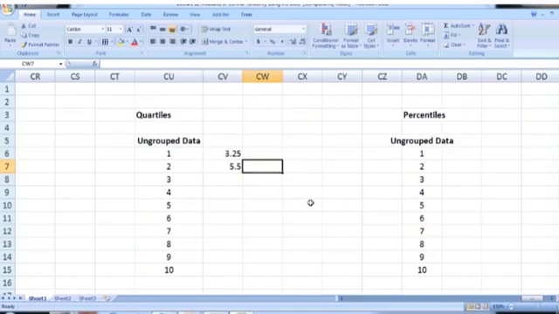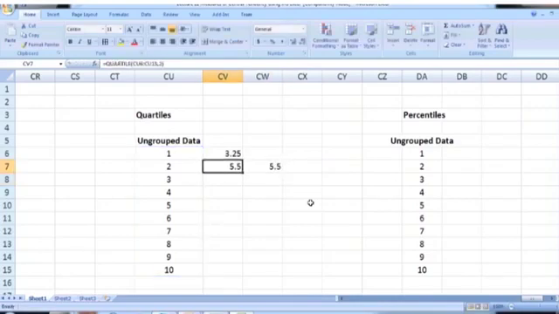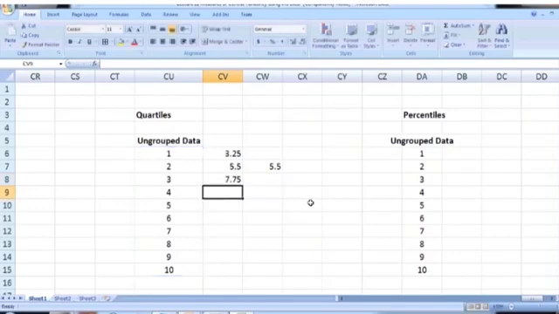2 is the second quartile. And remember that we can also calculate the median, which is same as second quartile. So just select the full data range, press enter. This should be the same number as Q2, which is 5.5. So here it is, we have the same number, median is same as Q2. In order to calculate third quartile, just provide the data range and put 3. Press enter. So this is our third quartile.